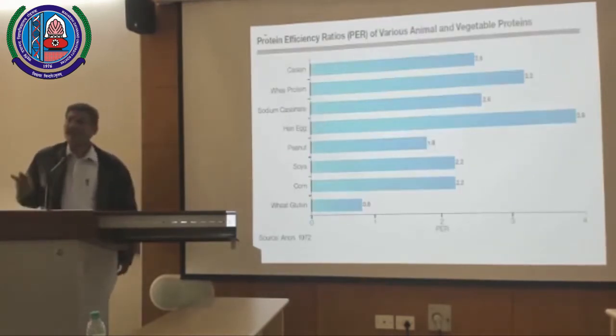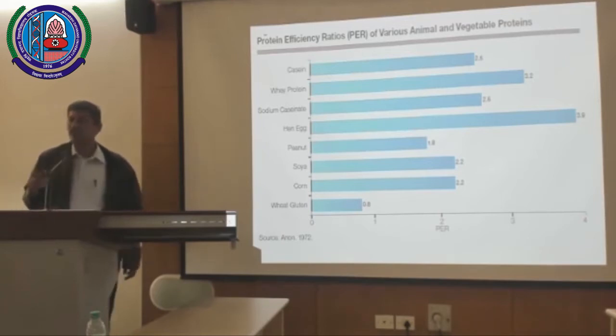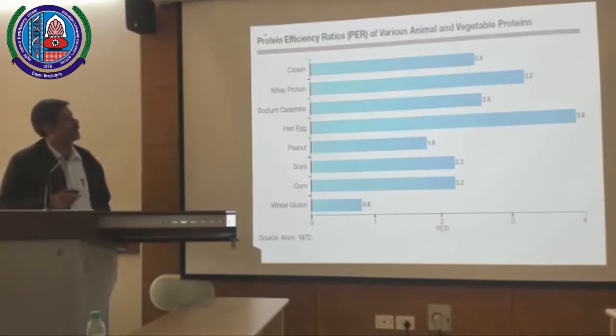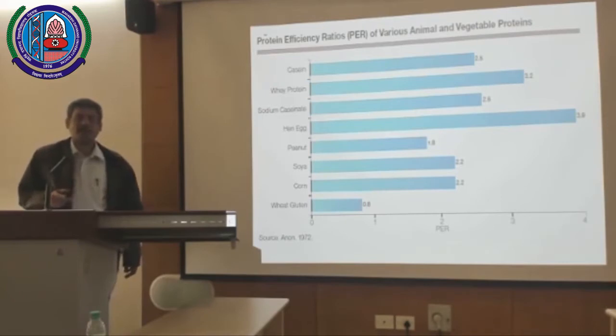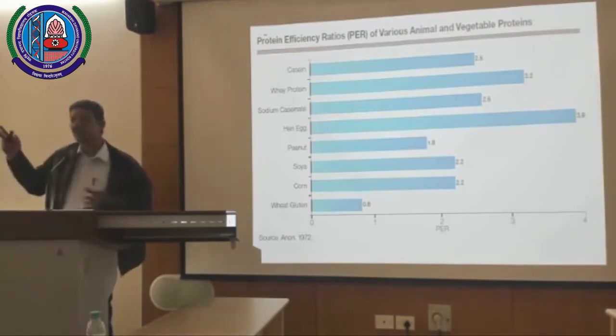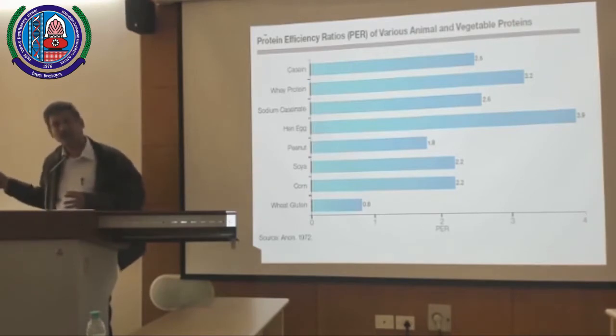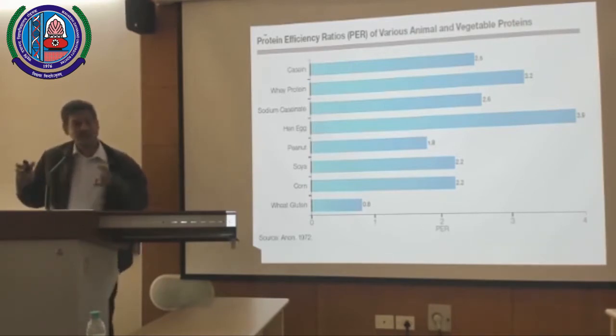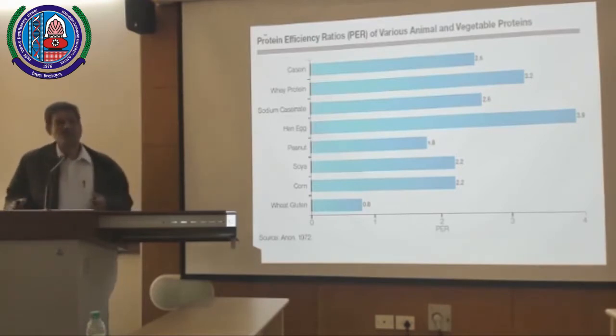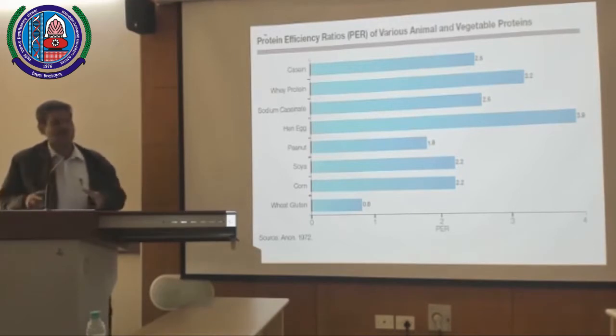Okay, at the very beginning we had a question: animal protein or plant protein? I said I have a slide where we talk about protein efficiency ratios, because dietary pattern is different demographically. Japanese will love their food. We love Japanese food, but that doesn't mean I'll compare. I eat my own food, if I eat my fermented food like idli, dosa, I eat my chapati, or my paneer. So Japanese food will be different. So depending on that,